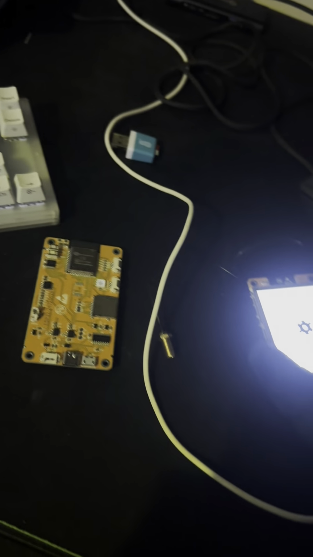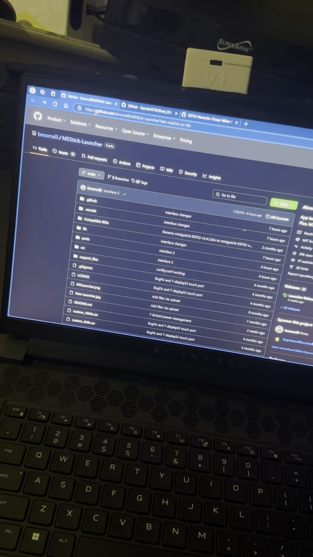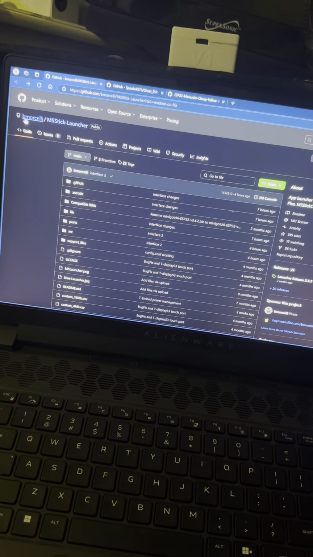Now, the easiest way to get this back to the M5 launcher in order to change your app is either turn it off, click the reboot button, or unplug it from whatever you're using. But I'm going to show you guys how to do this, okay? So, computer, or whatever you have, go to this guy's GitHub,